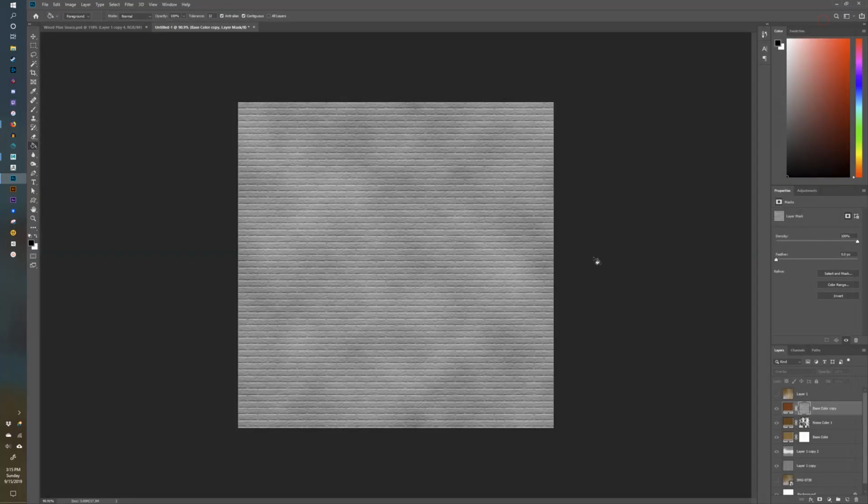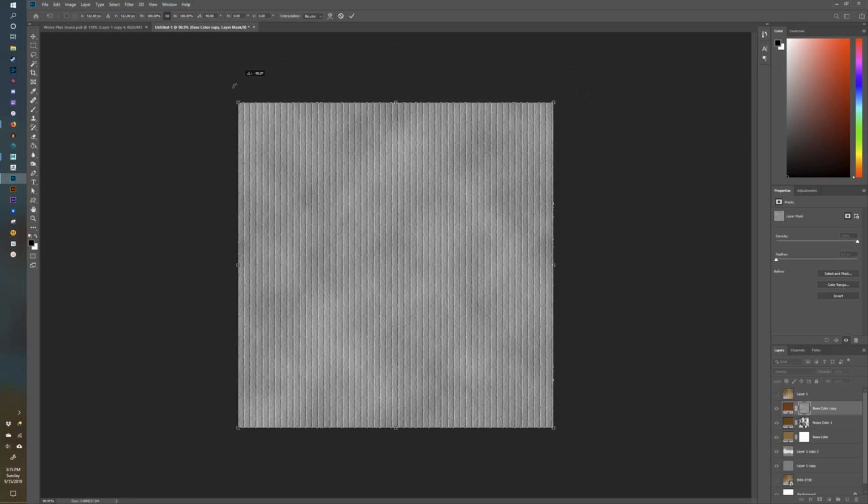So when you hit OK, you should end up with something like this. But we want our bricks to line up with our boards, so we're going to rotate it 90 degrees. We can just hit Control T to activate Free Transform, rotate it, and then hit Enter to lock it in. And then we want to scale these bricks so that they're the same amount of vertical lines as there